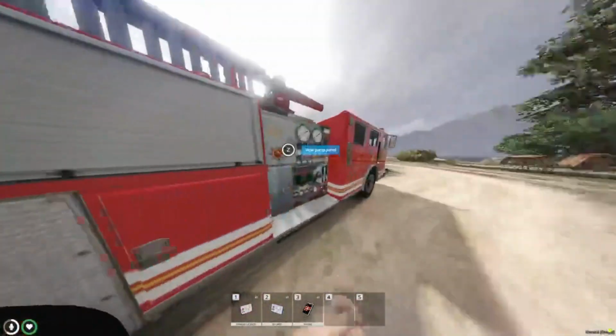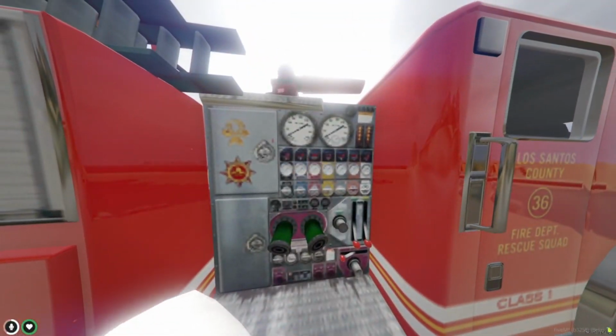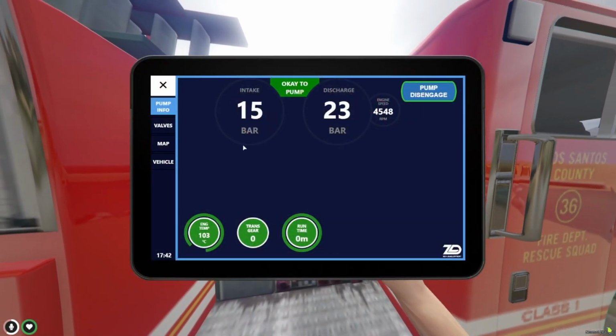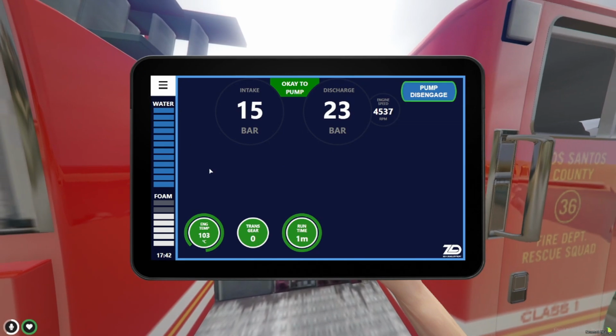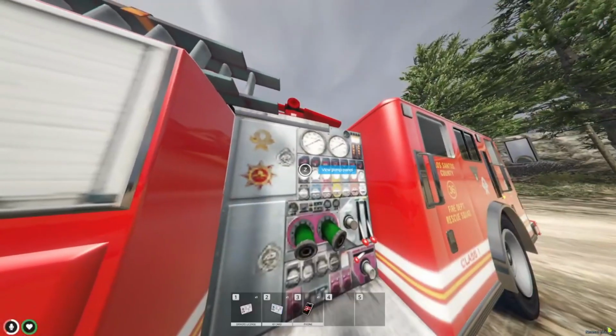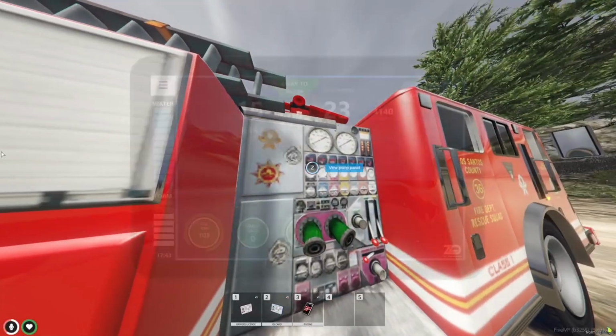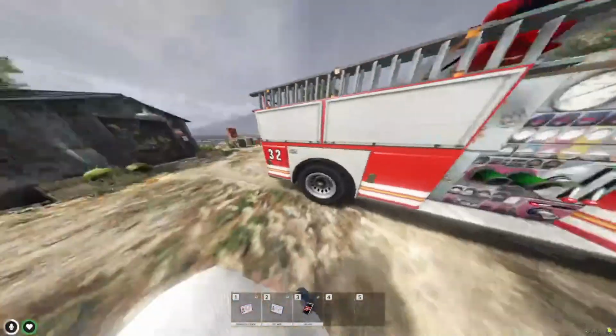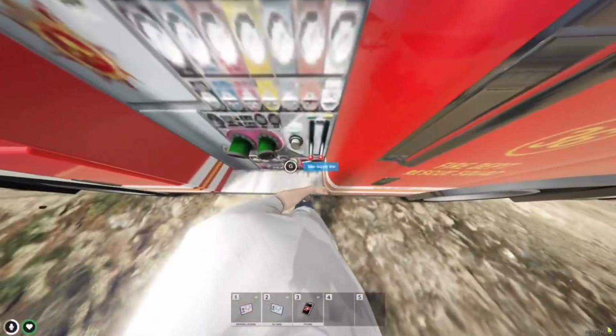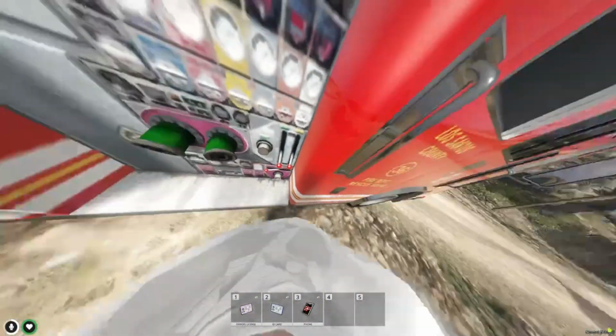Okay, and we check the pump panel of the engine we just sprayed water from. As you can see, the water is still full, which means that the water will be taken from this engine instead, which, as you can see, it has. Now, if this engine's supply line from the pump, which is here,